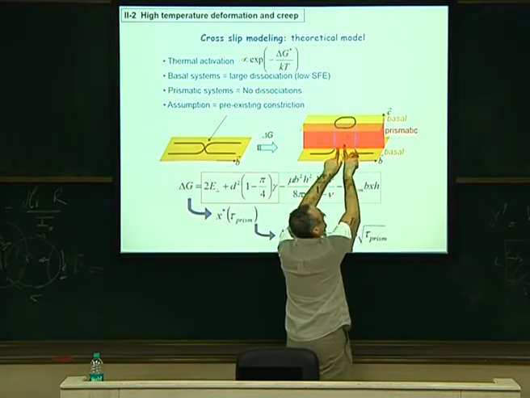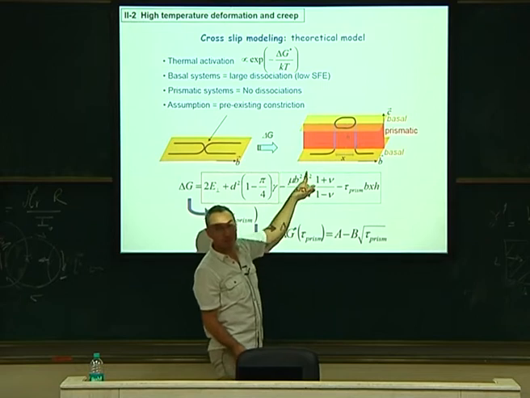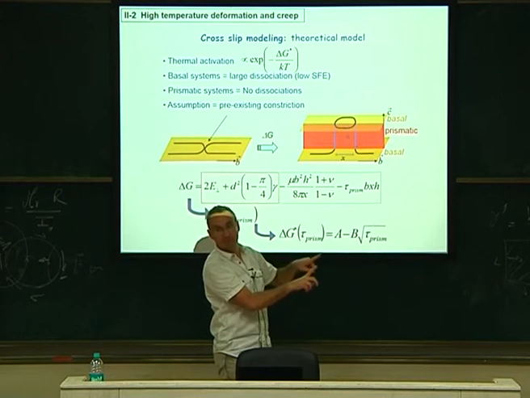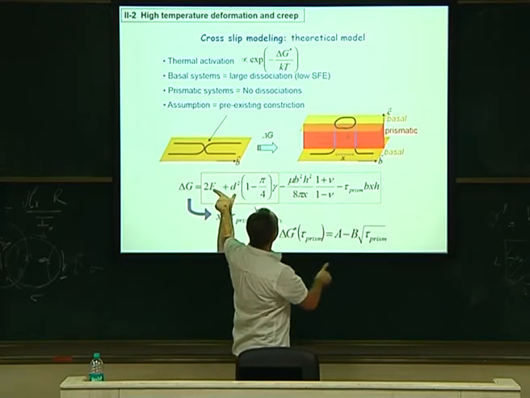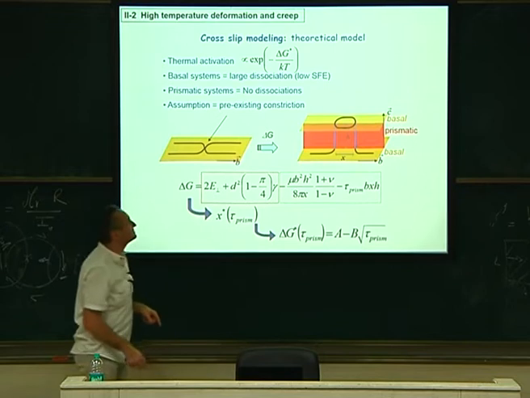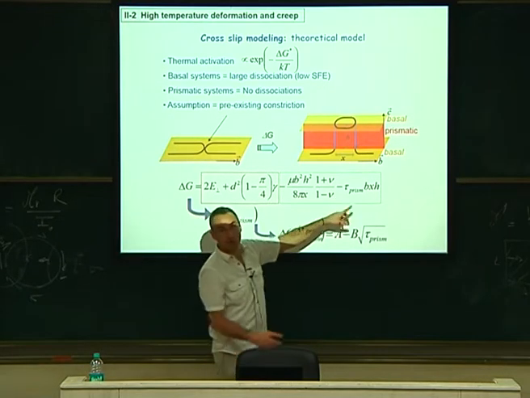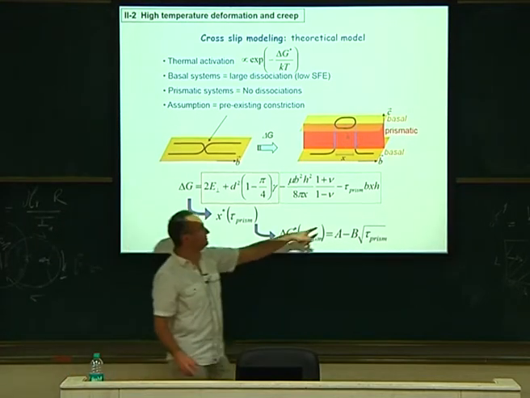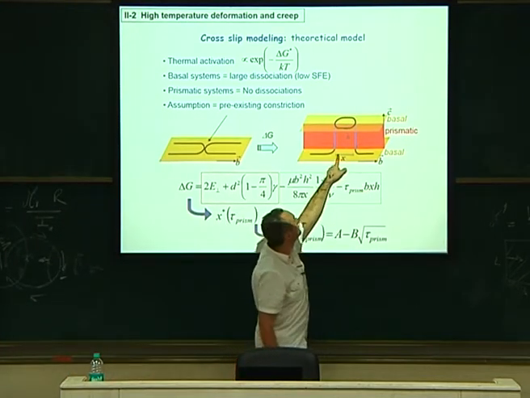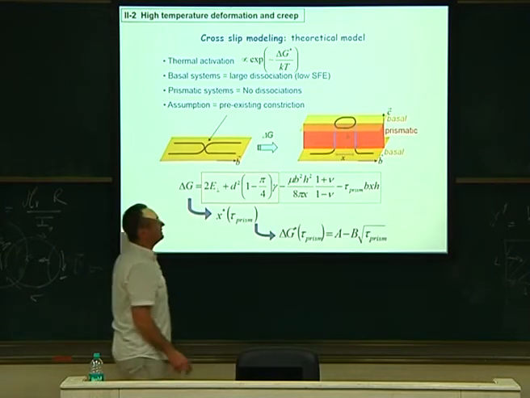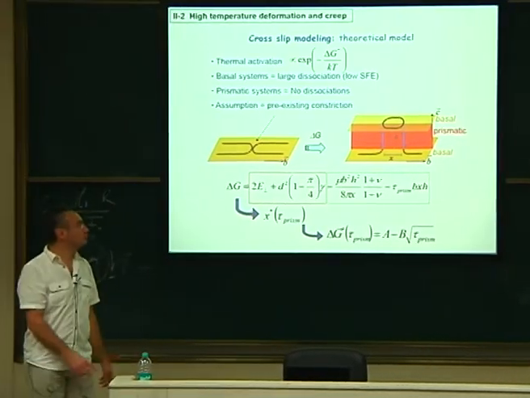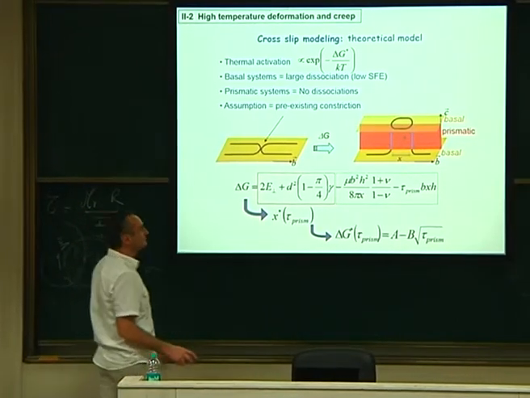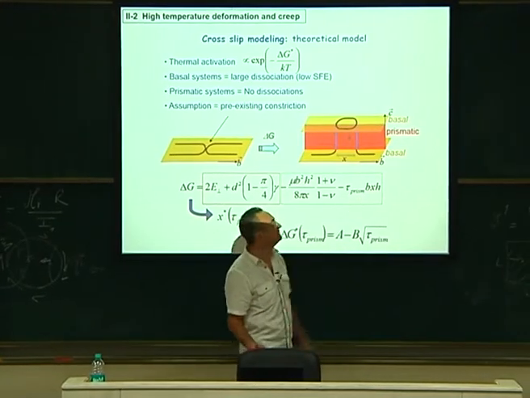Those two are attractive. So sometimes it is not favorable to create this, because if this is big enough, it will shrink, and it will not make this possible. This will be possible only if this is bigger than that. Okay? So that's the energy, and then of course we add the work we did to push the dislocation out of the plane. So this is the stress in the prismatic planes times the size of the work applied. So tau b is the force, and x h is the length of your dislocation and the displacement. So this is the work, like the force times the length of motion.